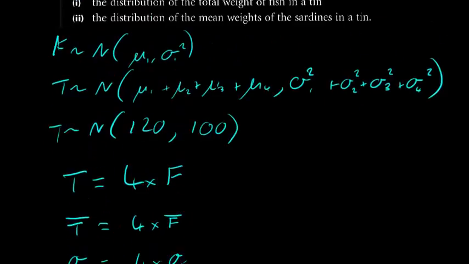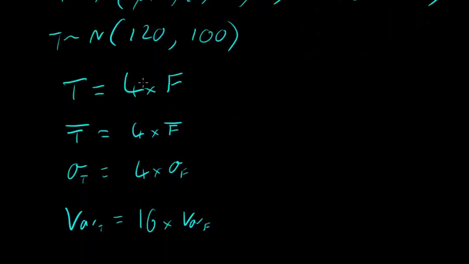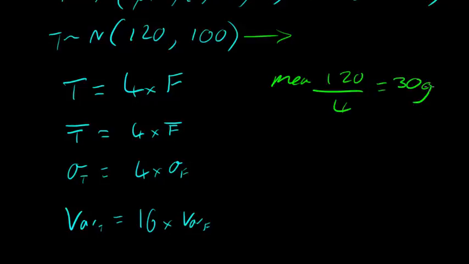Now we don't actually yet know what the variance of the fish is and the mean of those, but we do know that, like I said, there's 4 fish in a tin, so if I've got my distribution of tins up here, then the distribution of the mean weights of sardines in the tin will have a mean of 120 over 4, so that's 30 grams. However, the distribution of the mean weights of the sardines will have a standard deviation, and the standard deviation will end up being